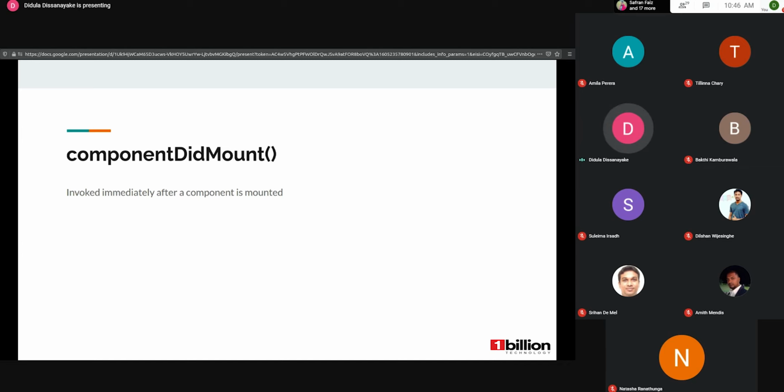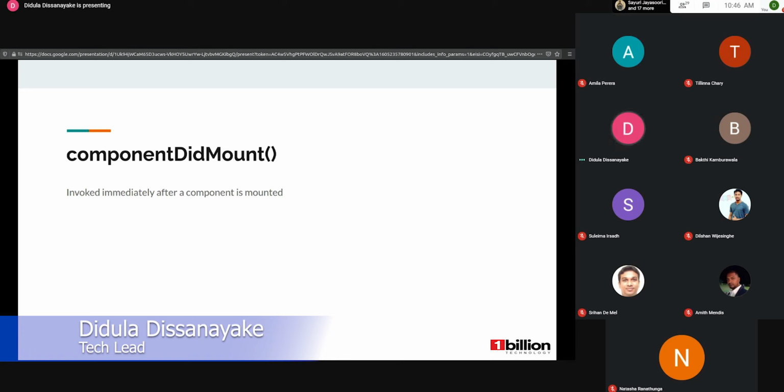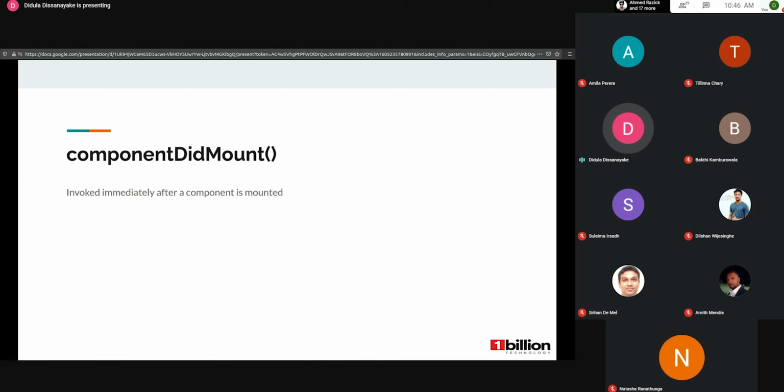If you need to load data from a remote endpoint, this is a good place to instantiate the network request. Let's assume we want to load the employee list from the backend. So we need to call the backend API.